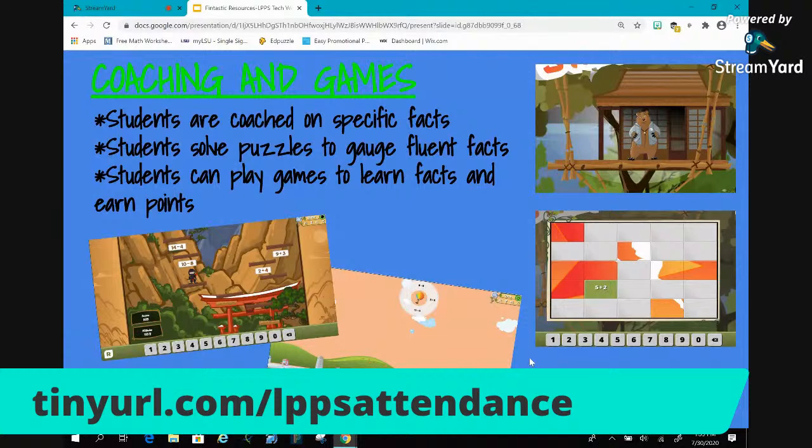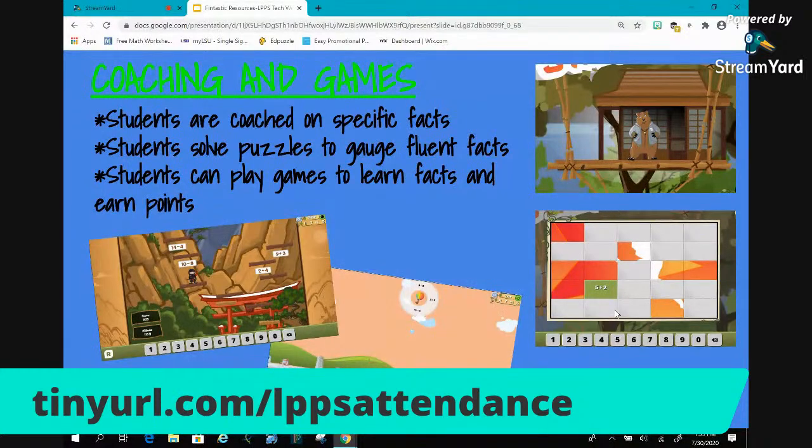especially for students that struggle in multiplication and division, or students that are starting out learning addition and subtraction. It's really good starting in second grade, or if you have a first grader that is kind of advanced and wants to practice that. This resource is something that can be accessed at home. The students have their own username and password, so it's a good resource to tell parents if their students are struggling with fluency. It's really, really good for that as well.